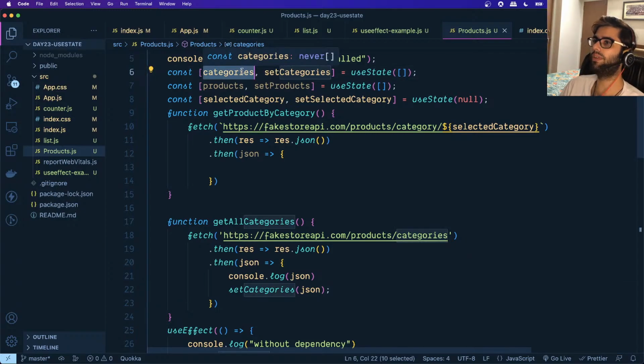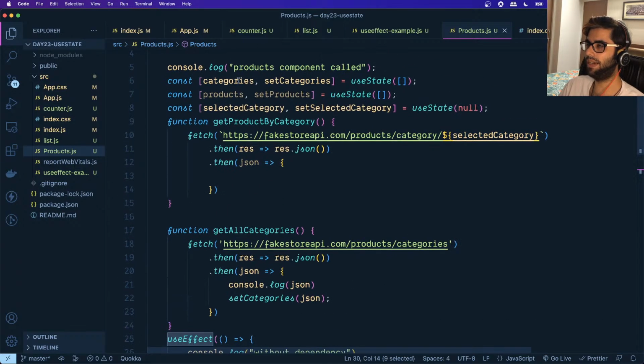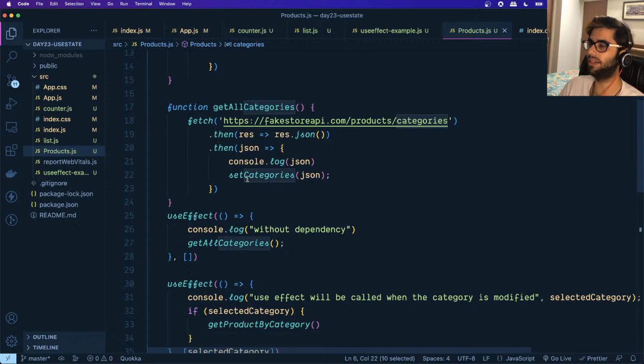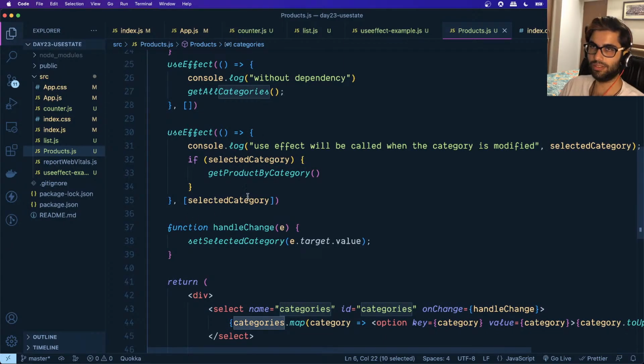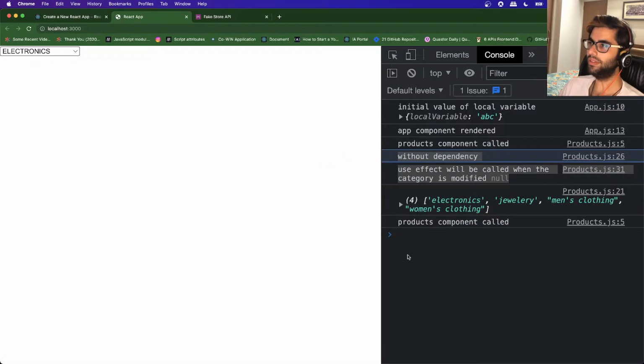We are modifying this state variable. Now since this effect is not dependent on this categories variable, right, the code inside it did not get called. All right, so that is why you do not see any log statement over here, even though this component was re-rendered. Now let me modify this,